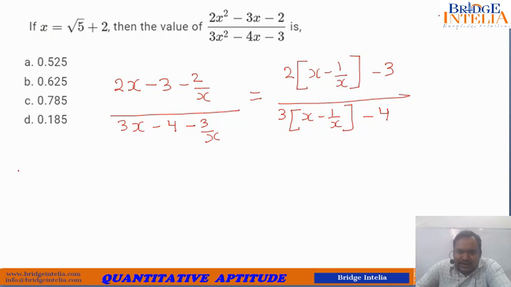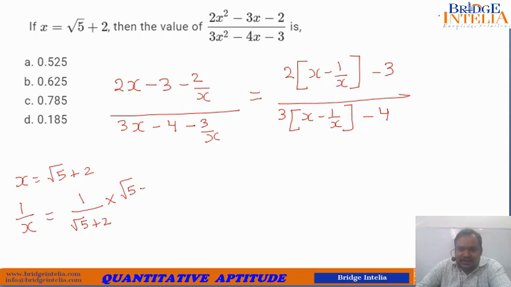We know that x is equal to root 5 plus 2. Now look at the choice of terms. Root 5 whole square would be 5, 2 square would be 4, and the difference is 1. So they are doing this for a purpose. So you know x. Now what is 1 by x? So 1 by x will be equal to 1 by (root 5 plus 2). The moment you rationalize this, you will get the advantage. So if you rationalize, you will get that 1 by x is equal to root 5 minus 2.